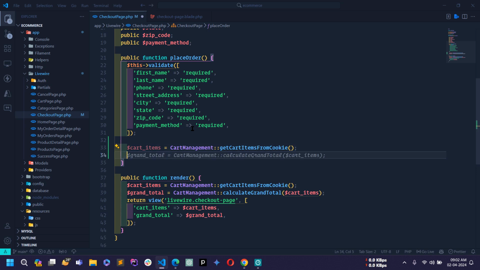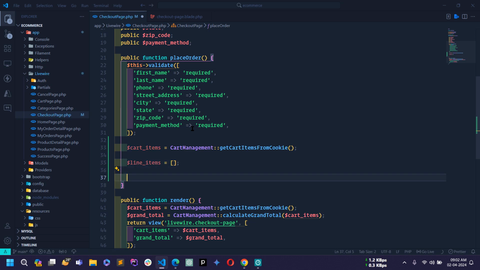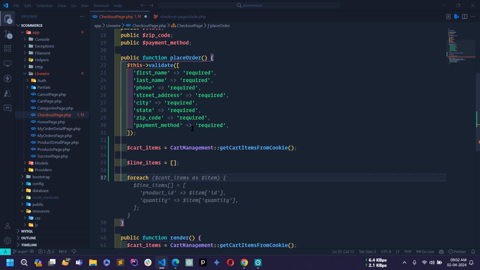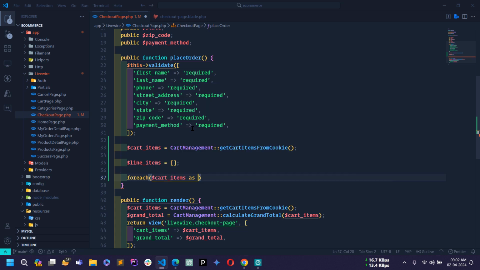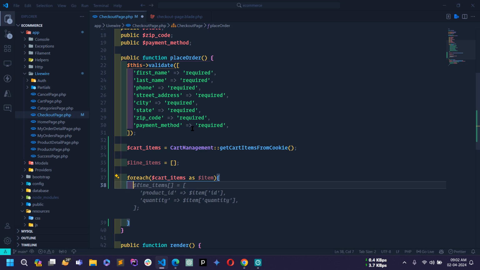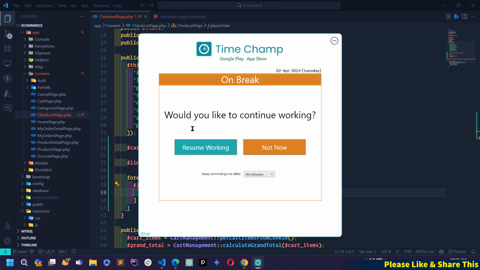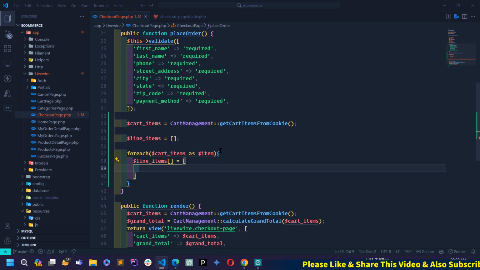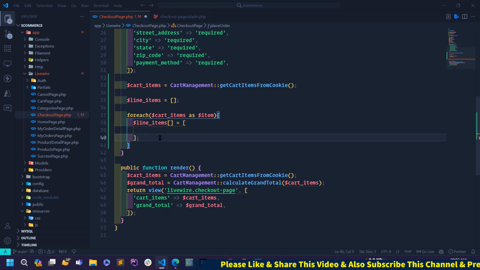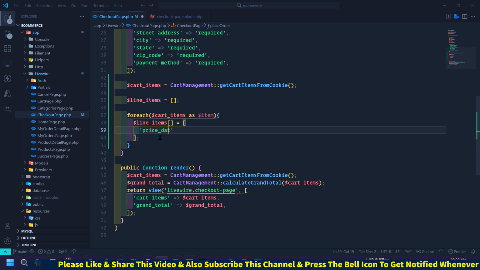Okay, so for that I will create one more variable, line_items is equal to an empty array, and then I will use a foreach loop. So here I will write foreach cart_items as $item, single item. Okay, and then what I will do is I will use this line_items array, and inside this I will create another array. Okay, sorry, let me close this array statement, and here I will use price_data